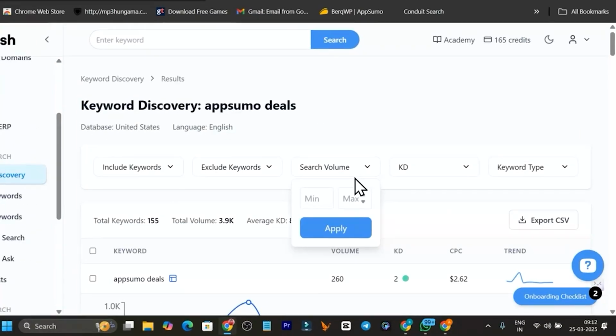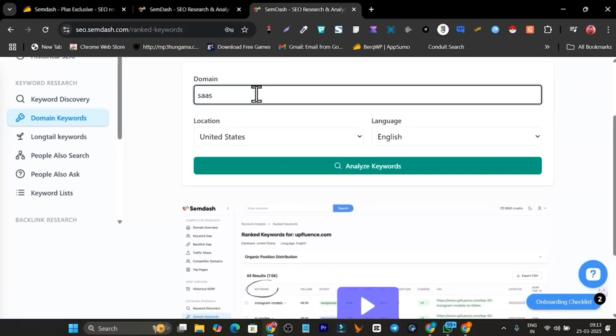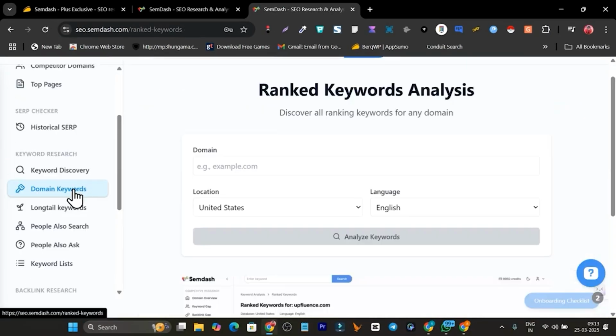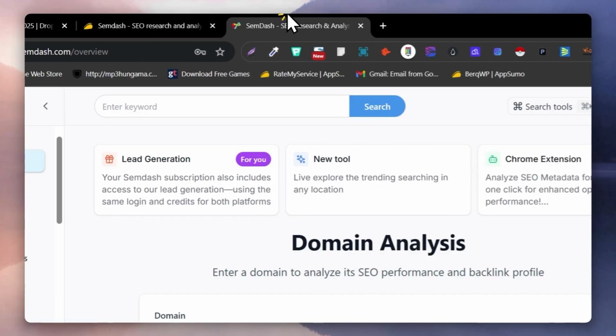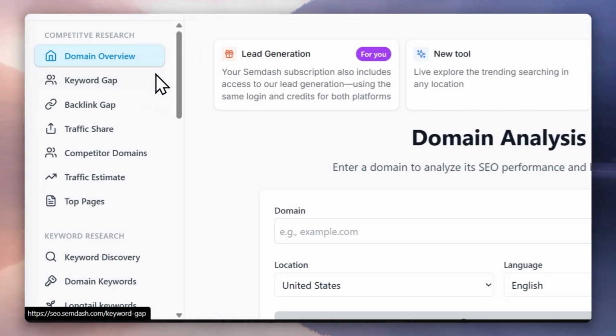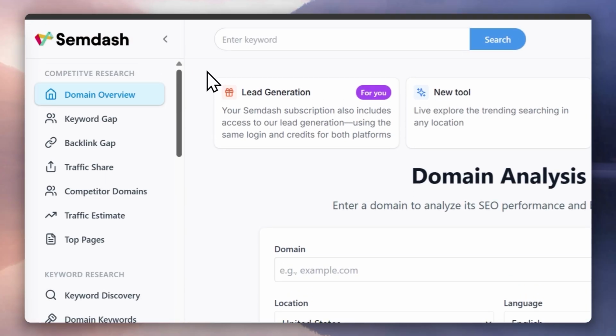If you want to rank higher on Google, you need the data like the keywords, backlinks, or your competitions and their SERP, so you can analyze that and strategize your content. In this video, I'm going to talk about Semdash. This is the alternative of Semrush, offering similar features and a really huge database of backlinks and keywords that